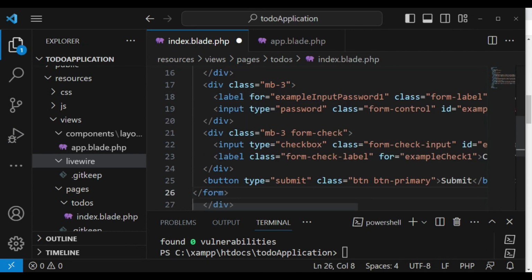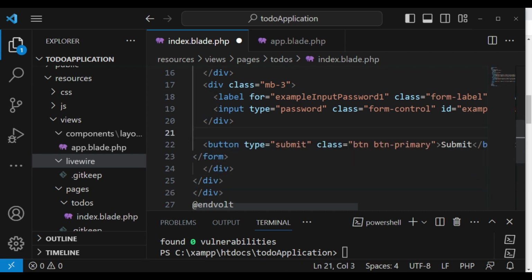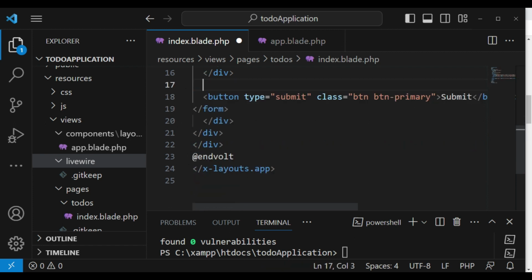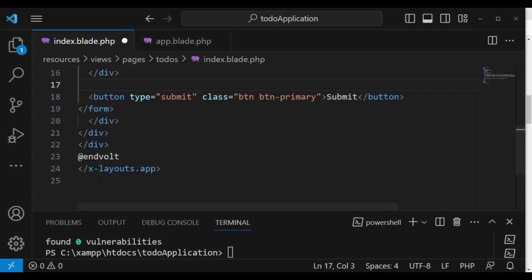After that, I would like to remove some of the things that we have, for example, the checkbox, even the password field. So we just remain with one div, which is that for the email address,